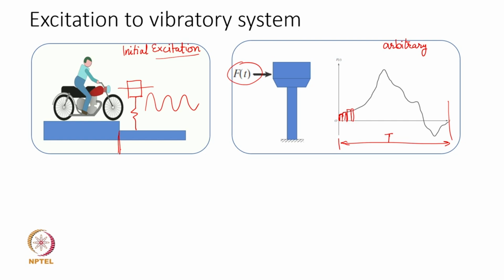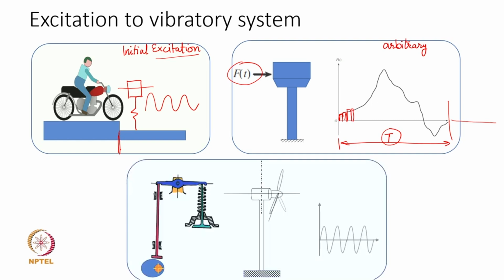The most important part is that this time is finite and the excitation does not really repeat. So, it is different from the initial excitation case, but it is definitely different from the other common types of excitation,